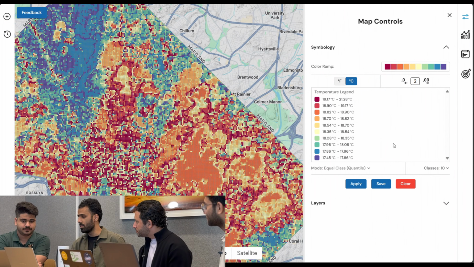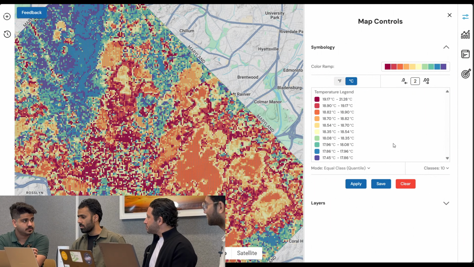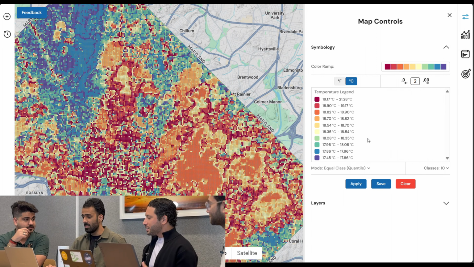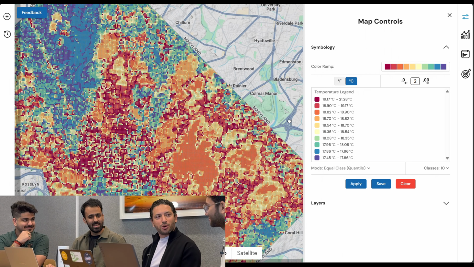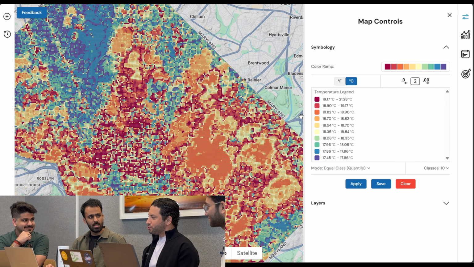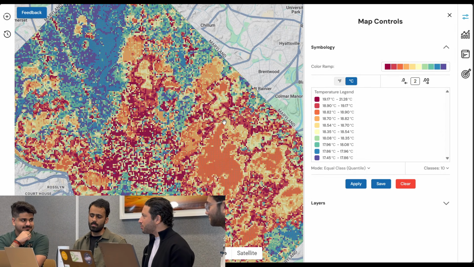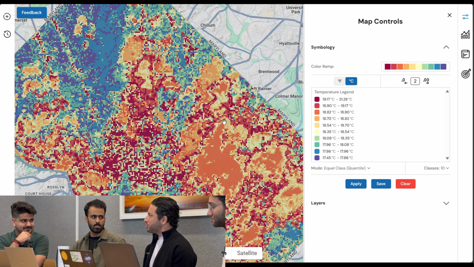Yeah, that's true, exactly. So even as you mentioned, how granular the temperature change is, we can see the temperature range right now. The minimum is 17.45 degrees and the maximum is 21.28 degrees. So within the same city itself, we see a lot of temperature difference, within the same hour. I really can't imagine how much this model can do for a week or a month or a season or even a year of understanding those temperature differences